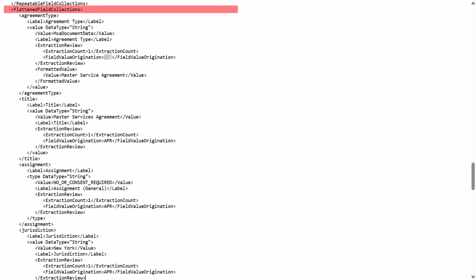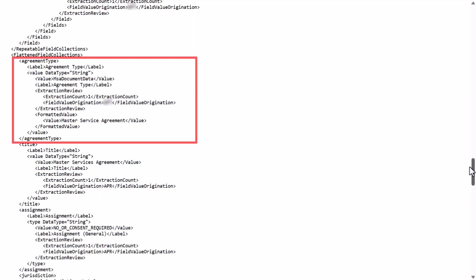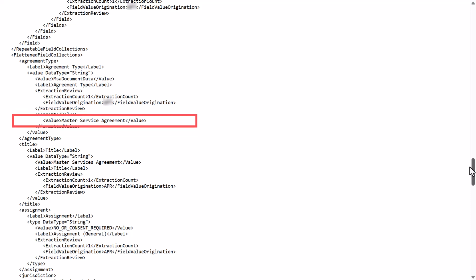In the flattened field collections format, the name of each field is used as the XML element tag itself for basic non-iterative data retrieval. For example, AI detected the agreement type in the document, and the actual name of the extraction field is contained within the agreement type tag. The formatted value of the agreement type field is found in the value subelement.